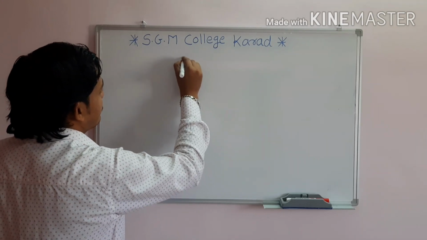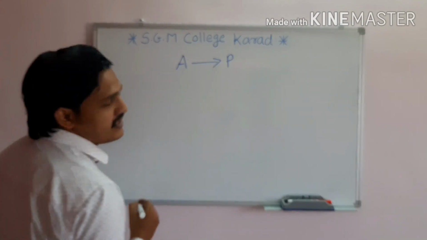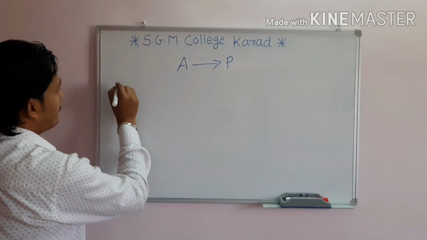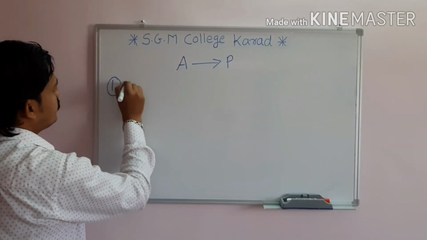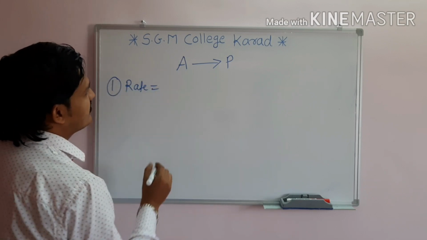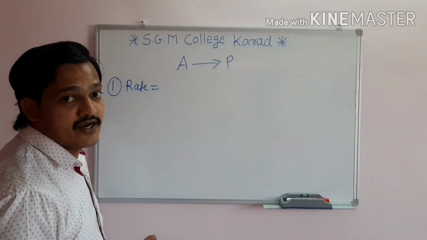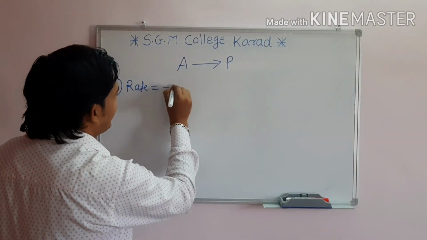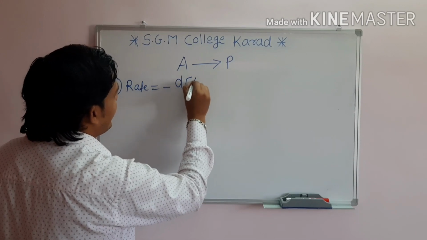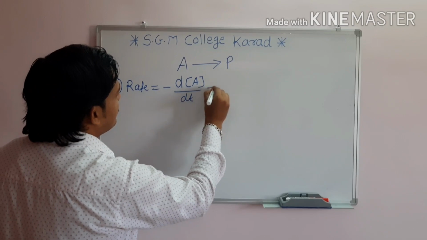Reactant A is converted into product P. I am telling the two ways to define rate. Rate of reaction is equal to, negative sign is added to the reactant side only. So minus d[A] divided by dt is equal